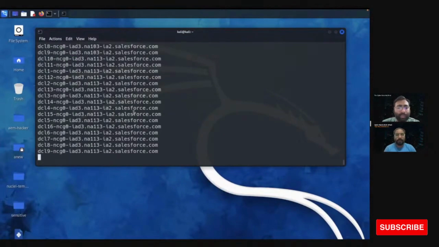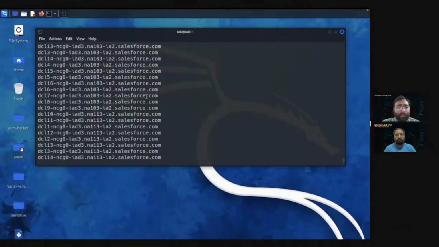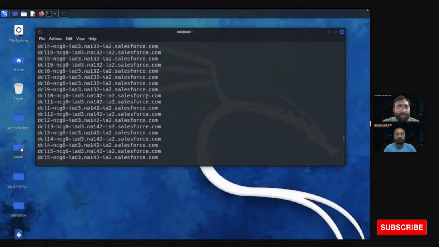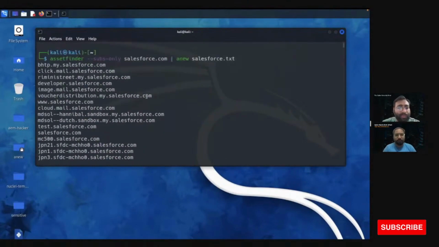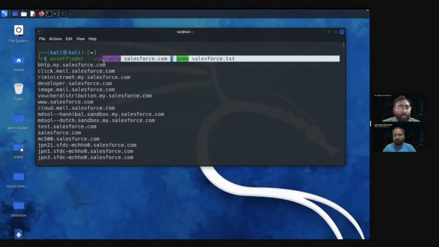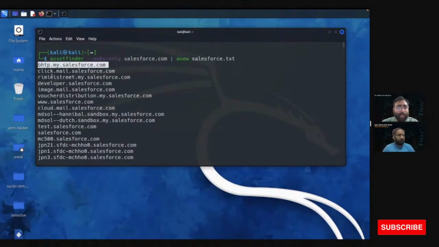The tool is running in the backend, and you can see it is finding some of the subdomains Salesforce is using. So we have multiple subdomains related to Salesforce. So this is a subdomain, bhttp.mysalesforce.com, click.mail.salesforce.com.